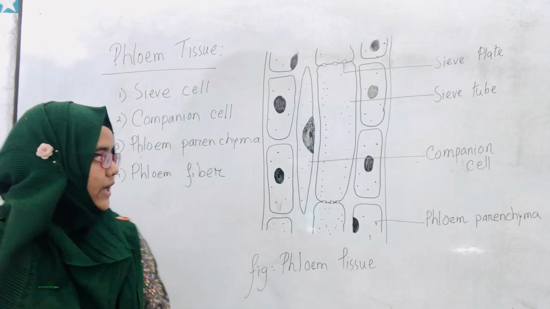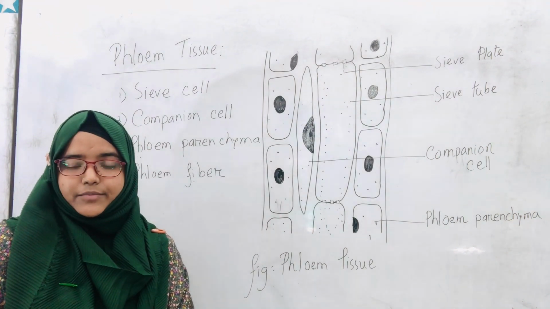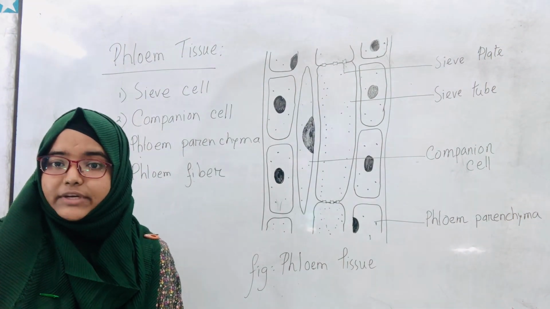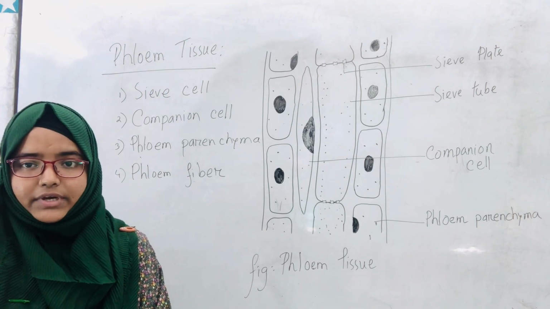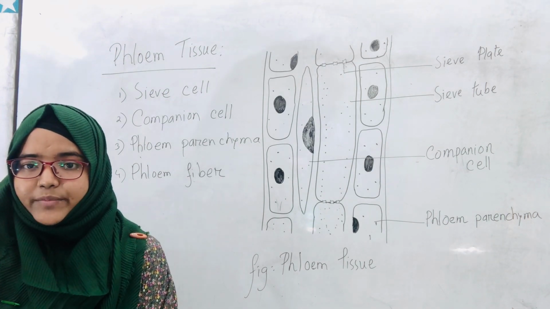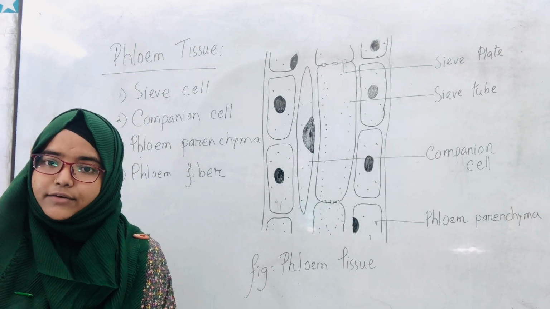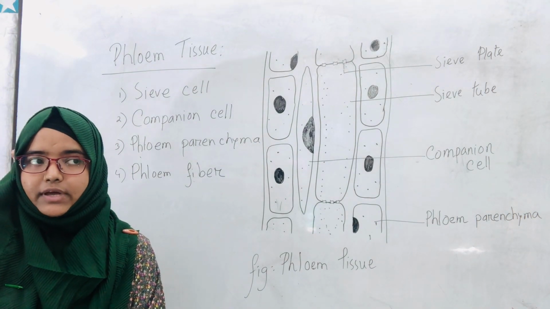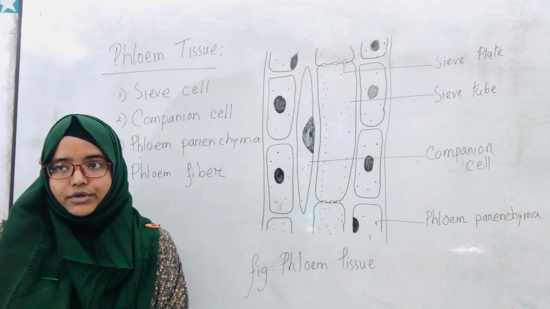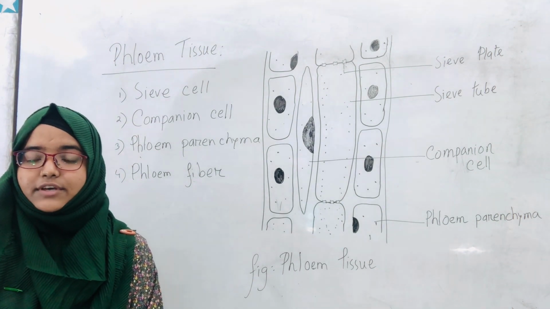Now if we talk about phloem parenchyma, on these two sides we can see phloem parenchyma type of cell. The parenchyma type of cell which is present in phloem is called phloem parenchyma. Phloem parenchyma is filled with protoplasm and nucleus, as well as they are thin walled. This is mainly found in gymnosperm and angiosperm, as well as in fern plants also. Phloem parenchyma helps to conduct food, and sometimes they also store it.